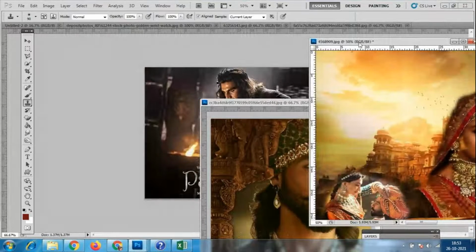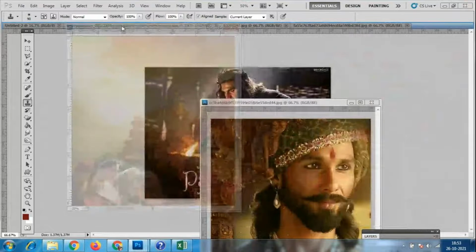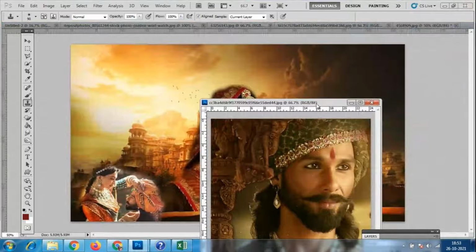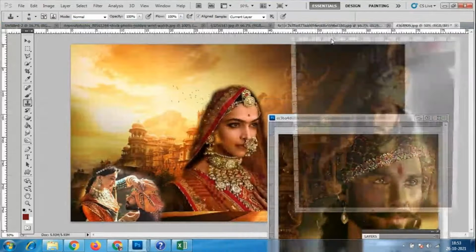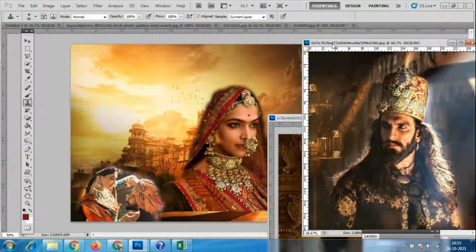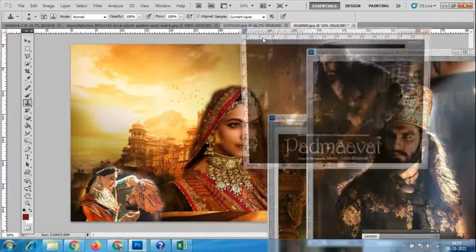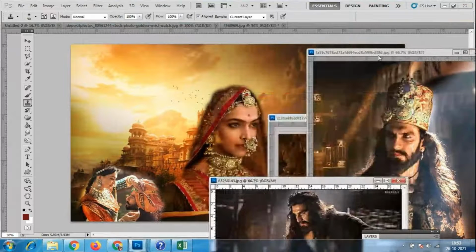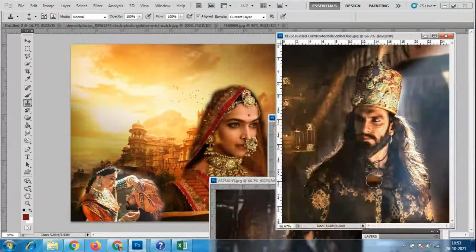So this is my original file. In this I have to add too many people. So I will take 2 3 poses from that movie. So I'll place it with alt and left click.